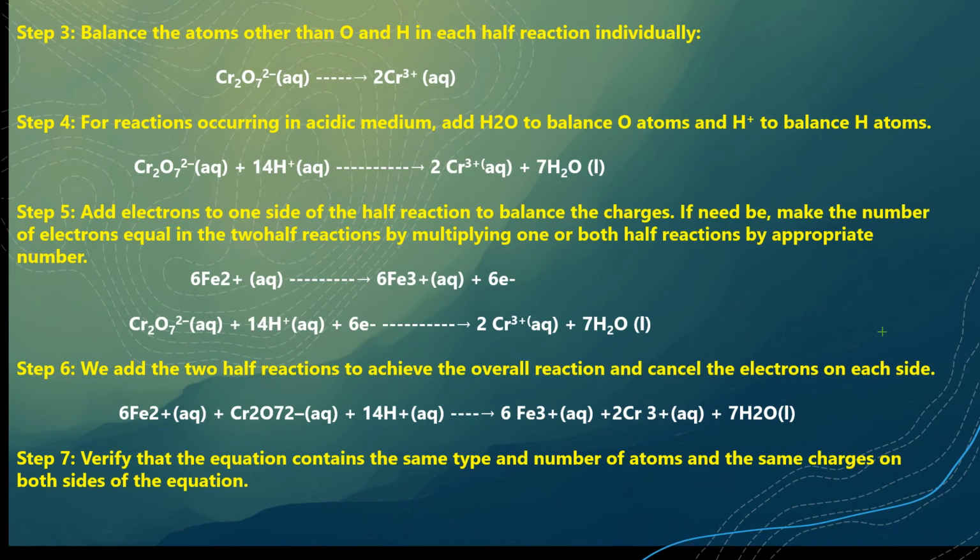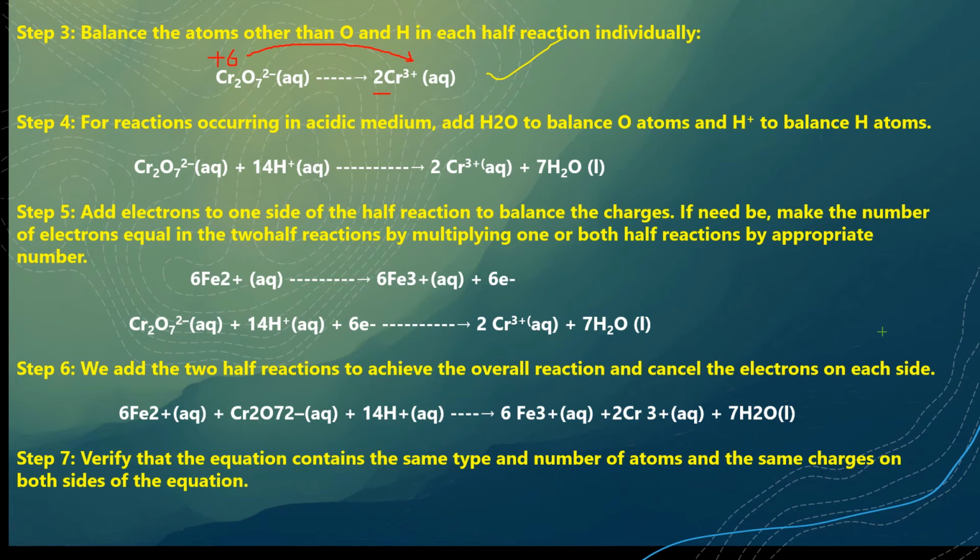So let us first balance the reduction half. Why am I saying this is reduction half? Because chromium, if you calculate, it will be +6 here. We have done this in the previous example also. And from +6, it is changing to +3. That means it is taking 3 electrons and there are 2 chromium.